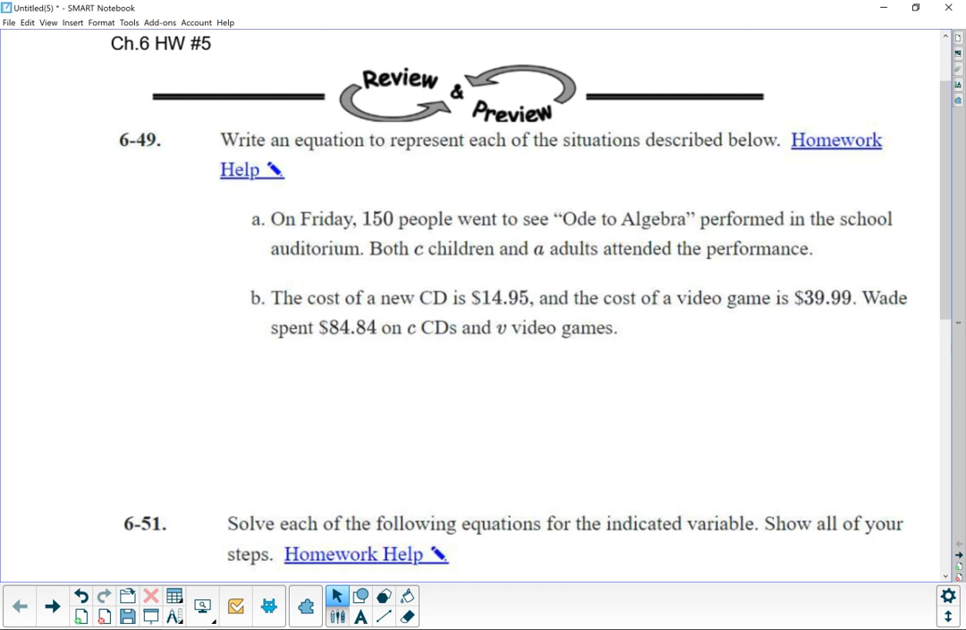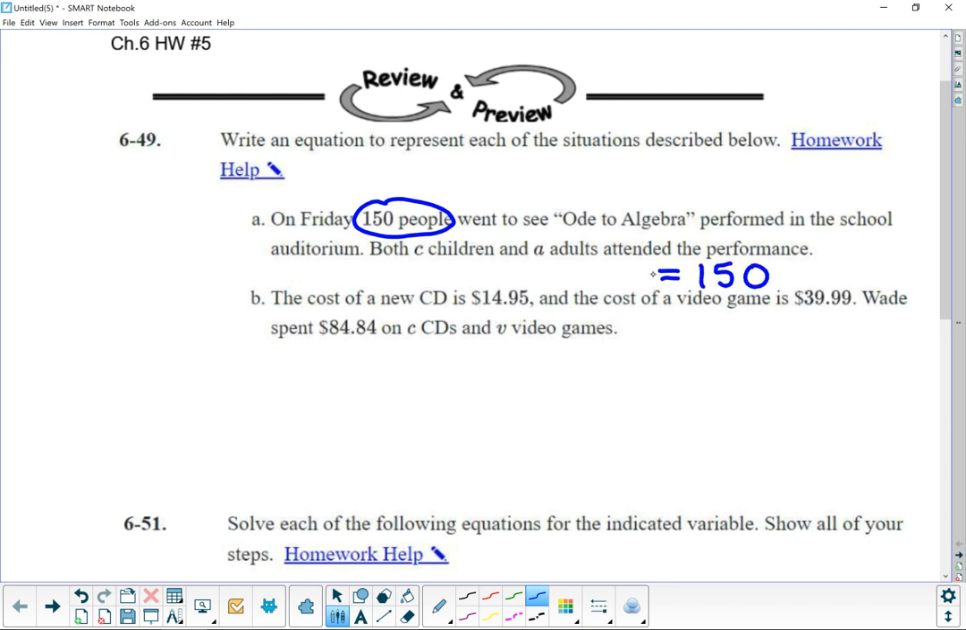It says on Friday, 150 people went to see Ode to Algebra perform in the school auditorium. Both C children and A adults attended the performance. All right. So for that one, we do know that there were 150 people. Right. So total is going to be